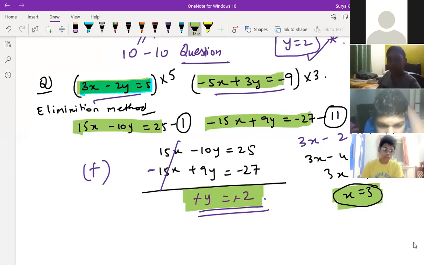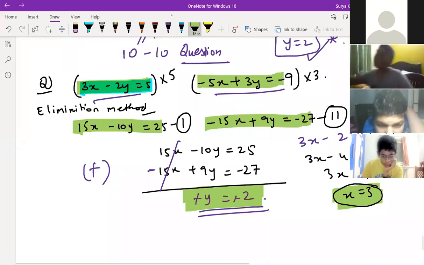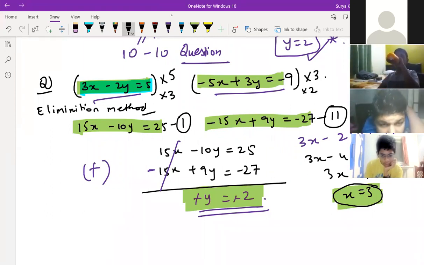Satvik, you tell me, child, if you're having any doubt. Among all the 3 methods, this is the easiest method actually. Yes, sir, it's easy, sir. And if you want to equate this y part, so see, here you should multiply by 3 and here you should multiply by 2. Correct or not? Yes, sir. That was much easier also.